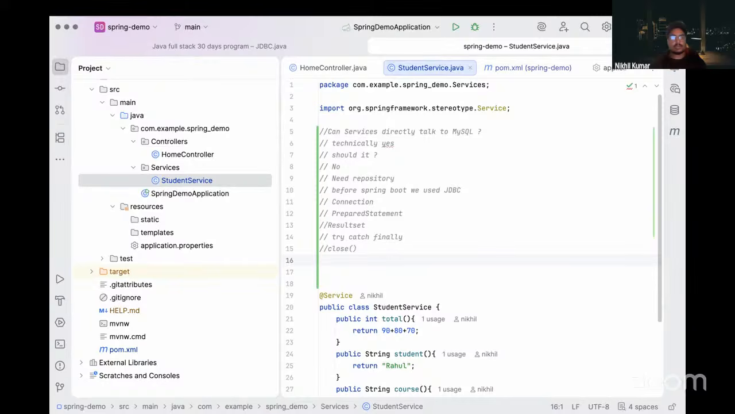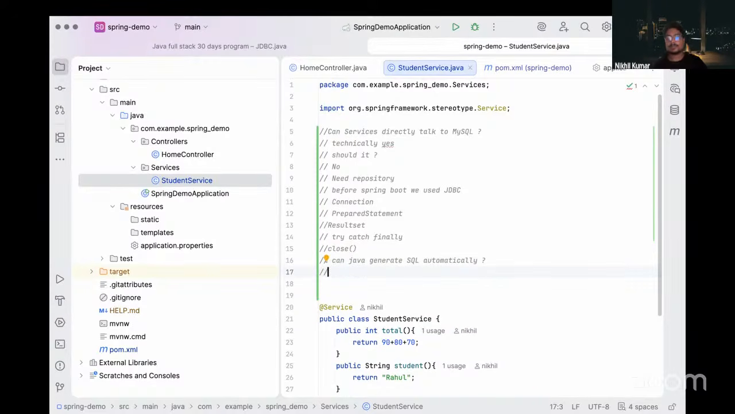To solve this, can Java generate SQL automatically? Till now, we are writing SQL queries again and again, and we have to repeat the code again and again. Can we do it? Till now, our Java is not doing this, correct? So what can we do using